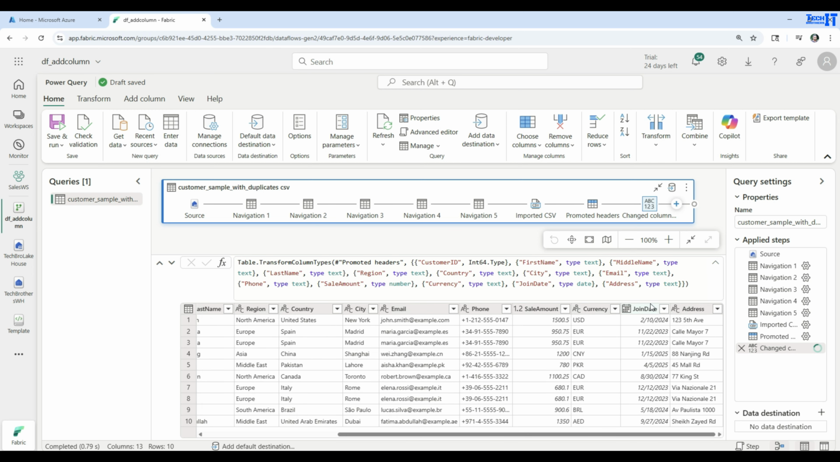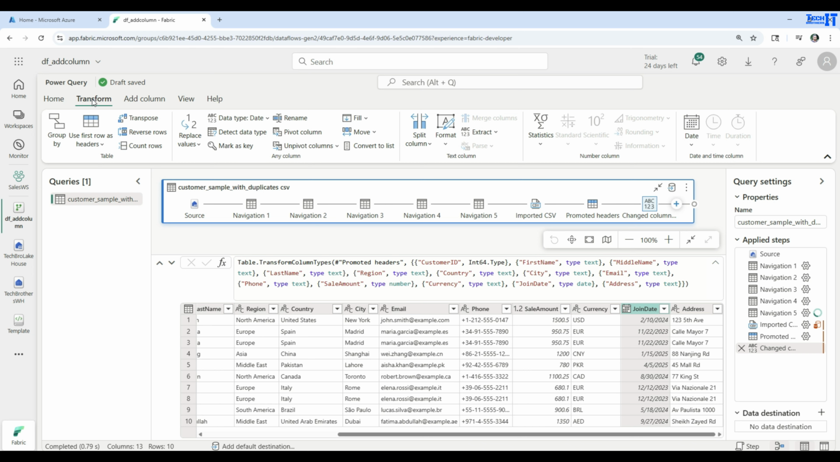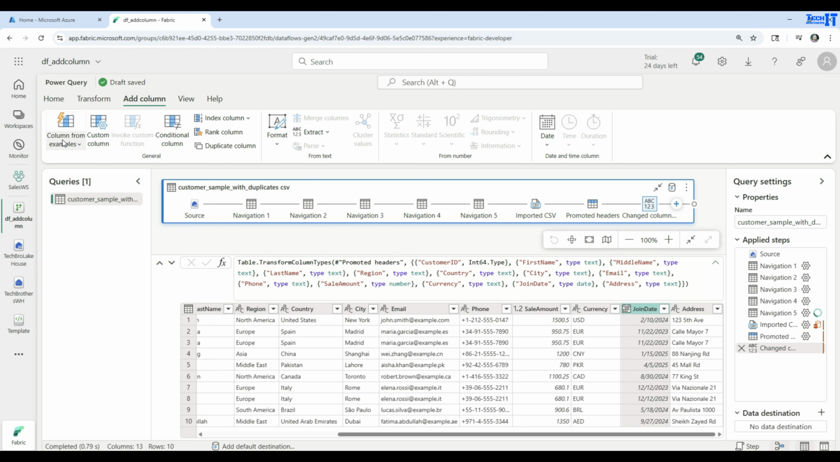Let's say I have this join date, and if I want to add another column, like let's say a week of the month, or a day of the week, or something like that. In that case, I have to add a new column. And there is a very easy way to do that. We can go to the add column here,